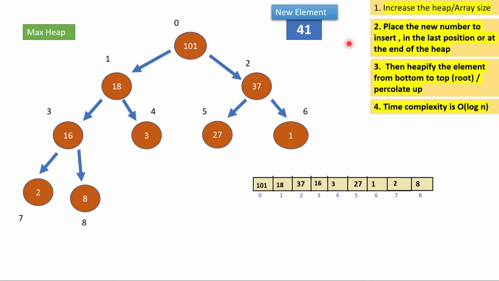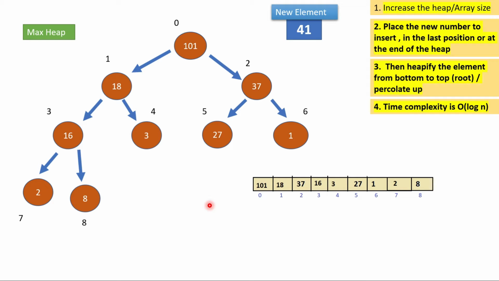What is that? If you see here, this is just the array representation of this max heap. From 0 to 8, all the indexes are present and all the numbers are present. Now when I have to insert a new element 41, there is no space for it, right?